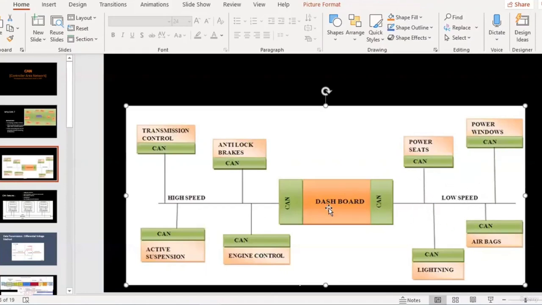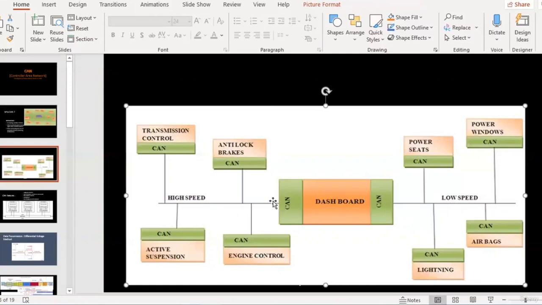And then the central ECU, which is called again the dashboard here, as in the previous example, has two CAN lines. One is connected to high speed, another is connected to low speed, and in both cases they work independently. So if the low speed is not working correctly, it will not affect the high speed.